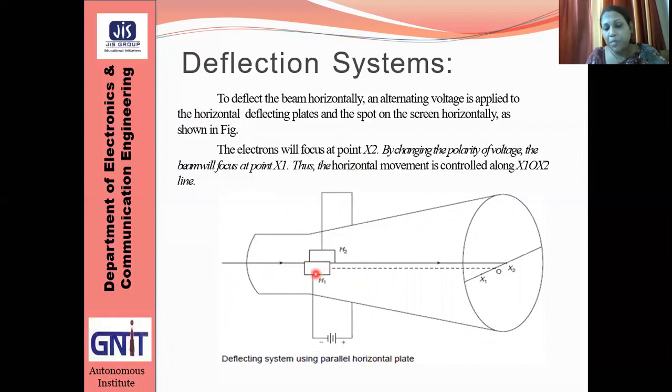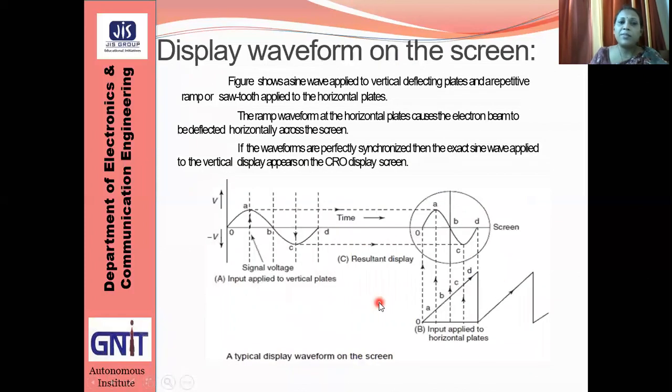It is experiencing a force in the horizontal direction and we will get a spot at point X1, when no vertical deflection plate voltage is present. Now, if we reverse the polarity, then we will get the deflection at point X2 rather than point X1. So moving to our next slide, this is the ultimate deflection showing, see, this is the input voltage applied